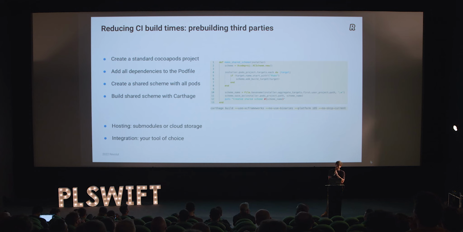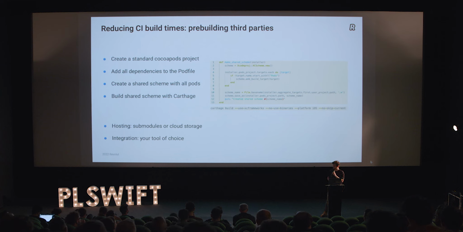Everybody's like, okay, now we're going to be pre-building third-party dependencies, and we'll cut the build time there. And then you start thinking how to do it, and you figure out, okay, I can script some stuff, so I build my frameworks, but then there is Carthage, right? Carthage is like the main tool for building binaries. But you figure out, okay, it's not so easy because Carthage support is very limited. Most of your dependencies, for sure, not even half of your dependencies in the project will have Carthage support.